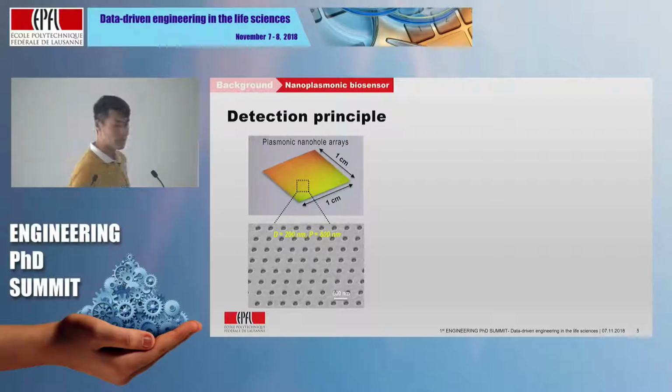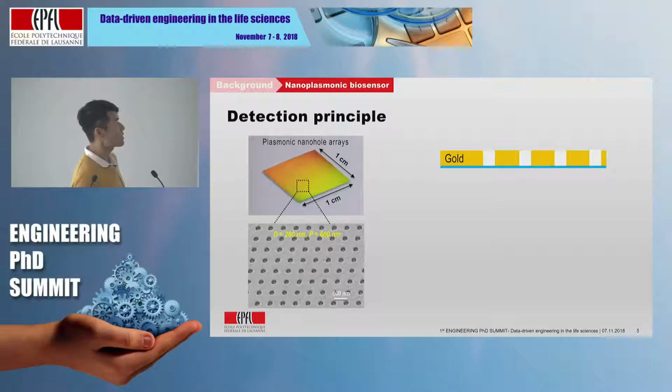So what is the special thing about this chip? Why can we use it for label-free biodetection? If we look at the chip from the side view, it is a thin layer of metal gold deposited on a glass slide. As in the typical method, we can coat a layer of antibodies that can capture the molecules that we are interested in. And if we shine a light onto the nanohole sensor surface, what will happen